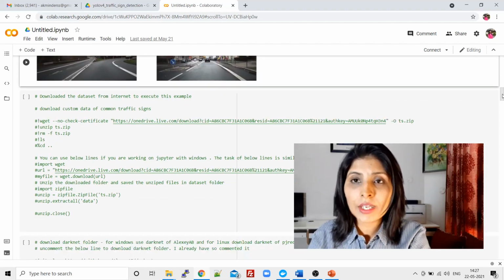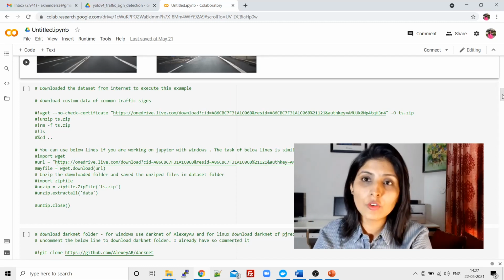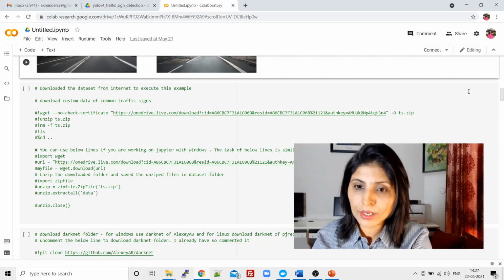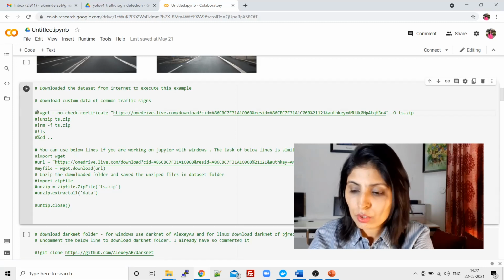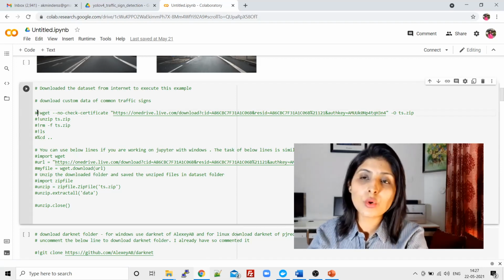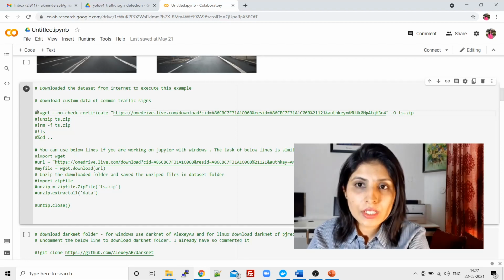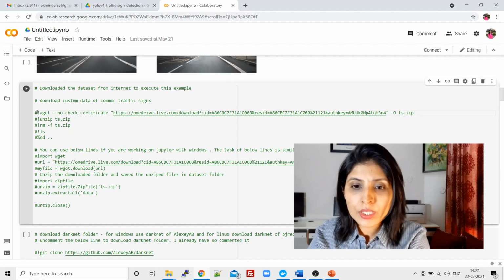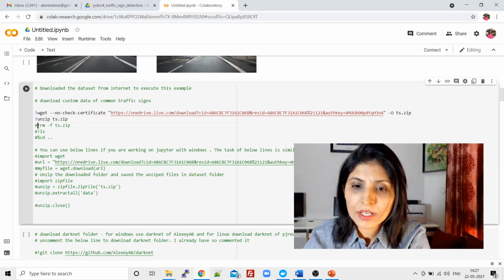The very first thing is, guys, if you want to install this dataset, it is freely available on Kaggle. You can download it from there. So these are the 3 lines. I will share this code on my GitHub, and that link is given in the description section. You can access this code from there. What you need to do is just remove the comments from here. Why have I commented it? Because I have already installed these things.